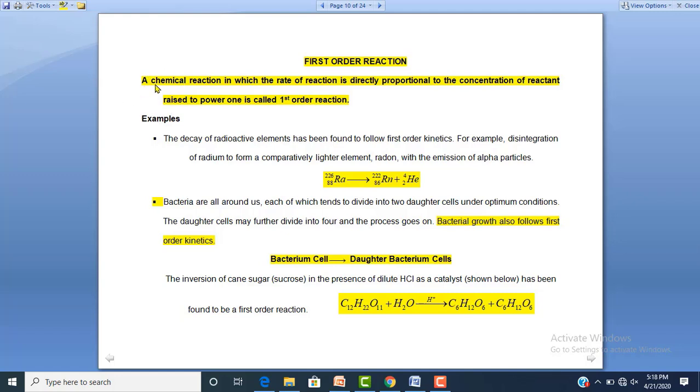First order reaction. It is a chemical reaction in which the rate of reaction is directly proportional to the concentration of a reactant raised to power 1. A chemical reaction in which the rate of a reaction is directly proportional to the concentration of reactant raised to